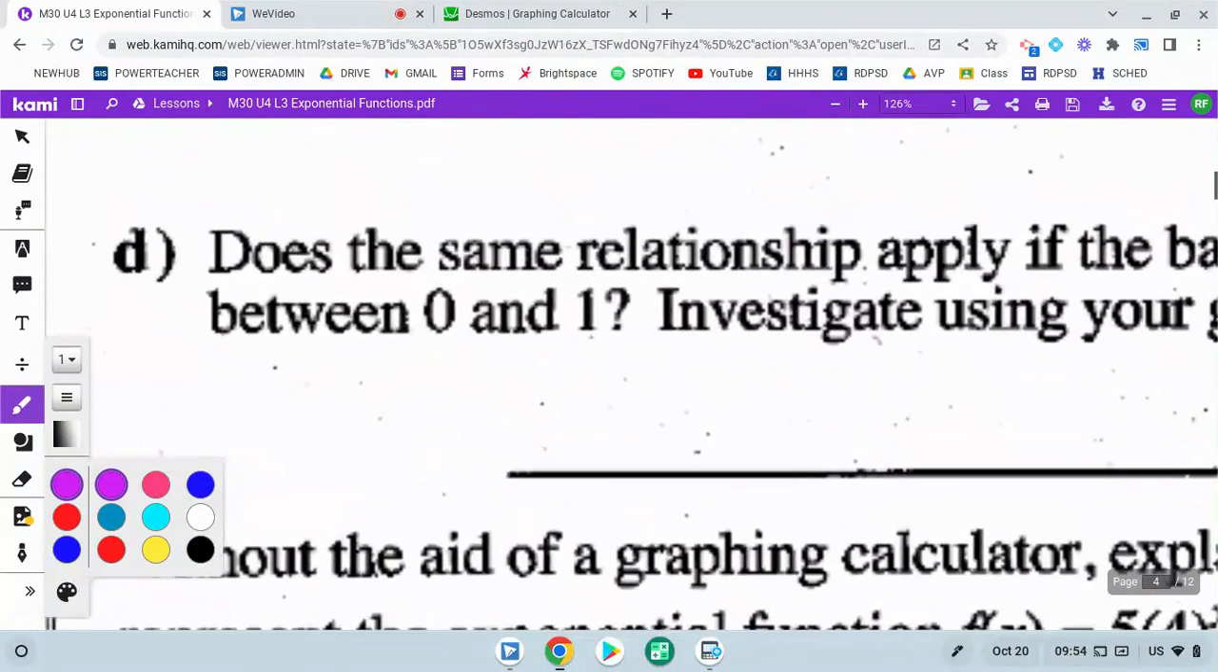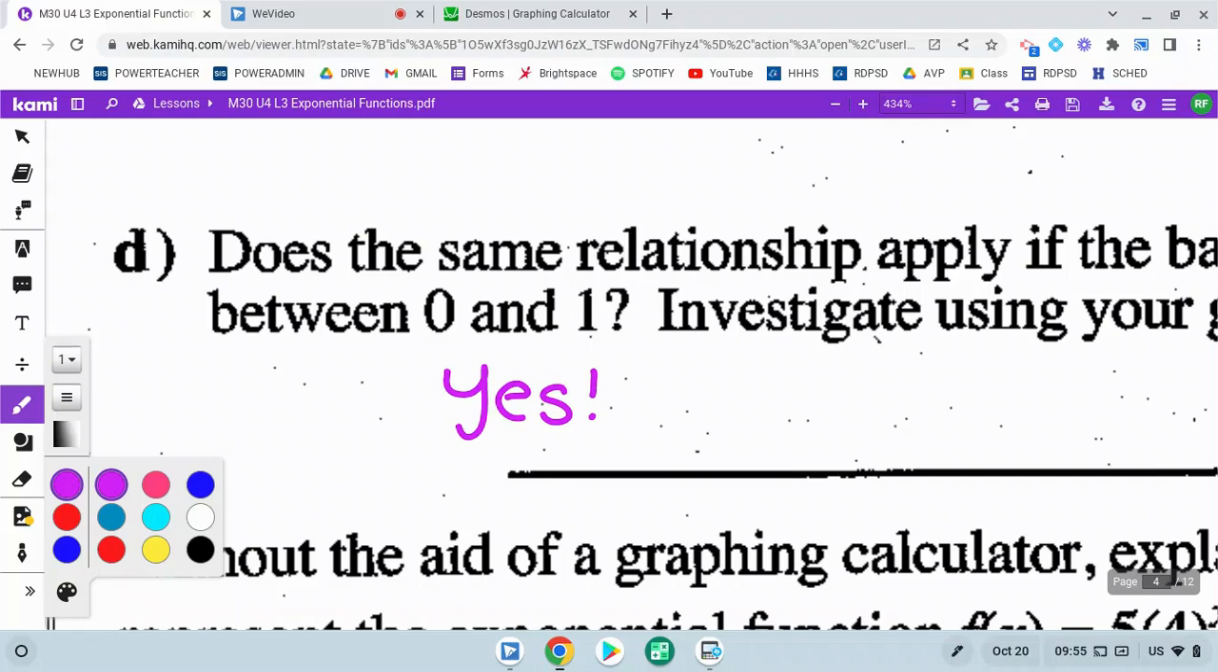This is going to be the exact same situation when I have a base between 0 and 1. I'm not going to show you that because it'll just take a while, but that is still the case. So we're going to say yes. A is still equal to the y-intercept. The only difference is that when I get a B value between 0 and 1, it's a decreasing function. That's it. That is the only difference, is that the function is decreasing instead, but that is still going to